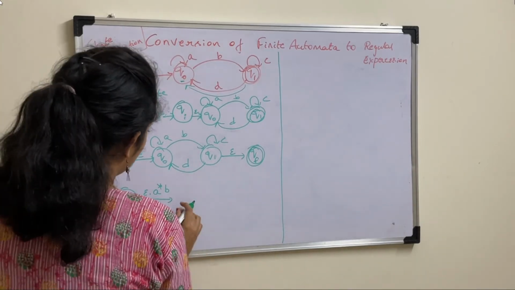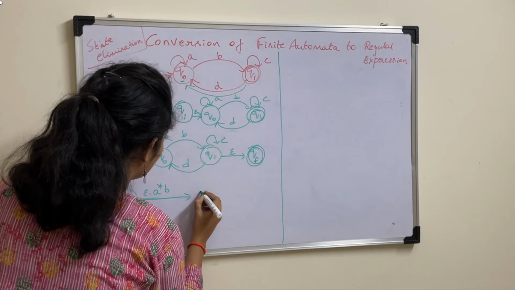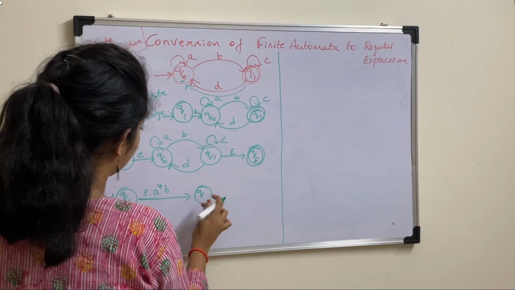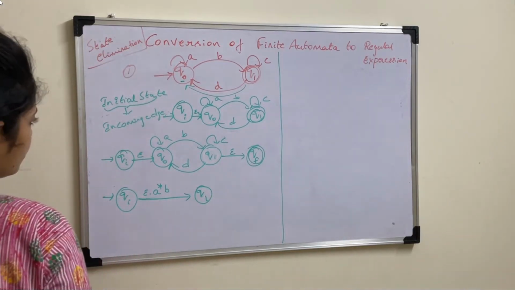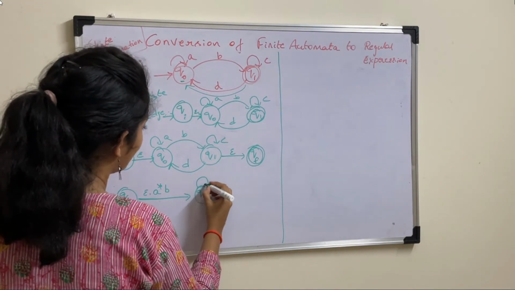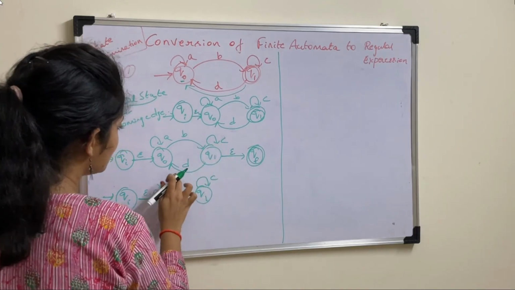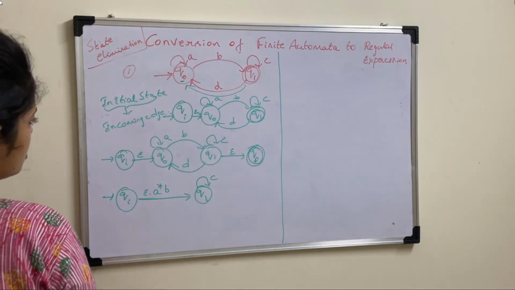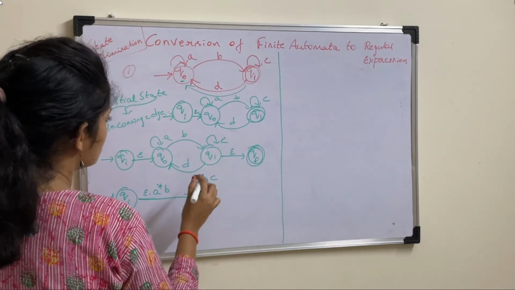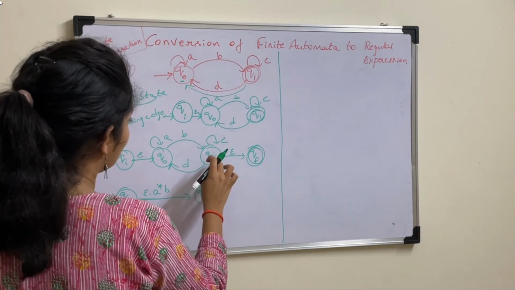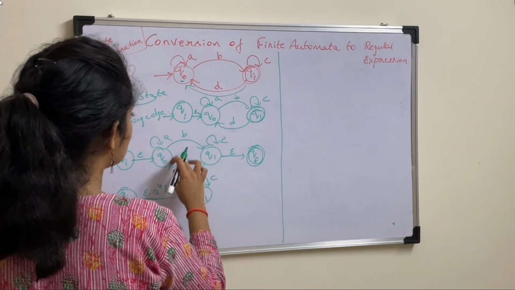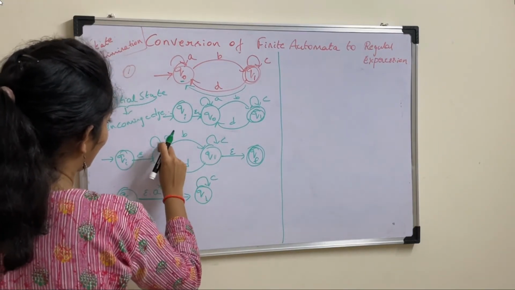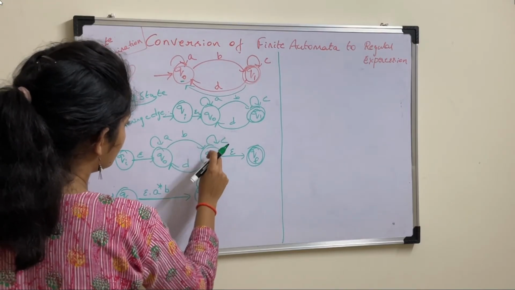Okay. So you can directly create the path to Q2 now. So this is Q1. Now here you can write this C as it is. But what about this D? D is the outgoing edge which is going to state Q0. So we can't eliminate this D like this. We need to create a path like this, the path which leads to this state Q1. So the path is D, A star, B, which is going to Q1.